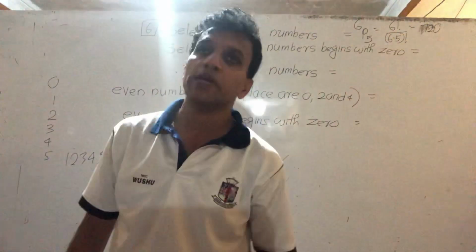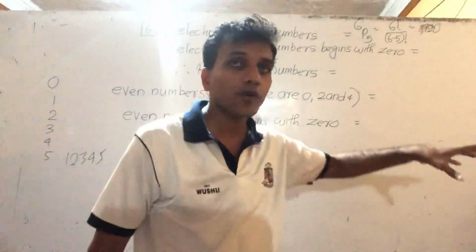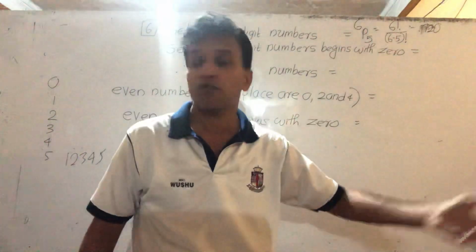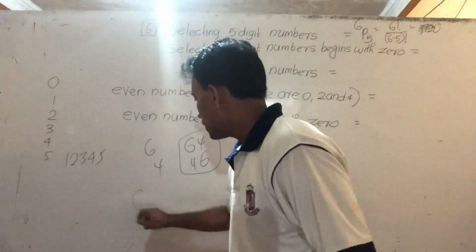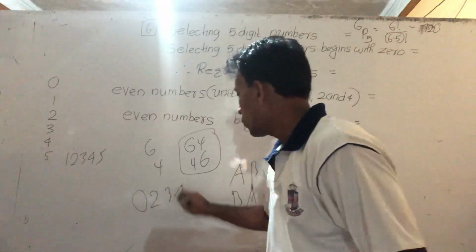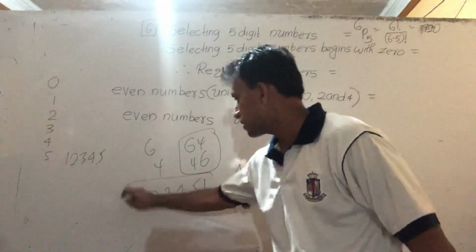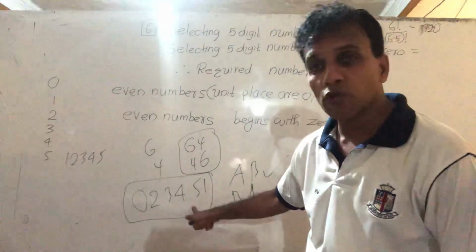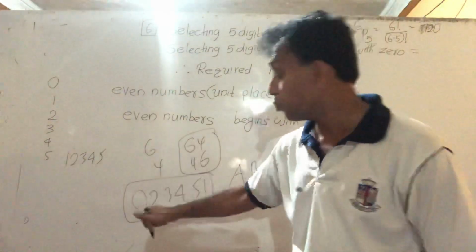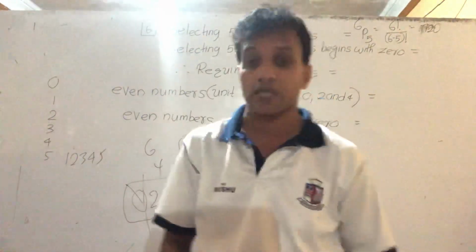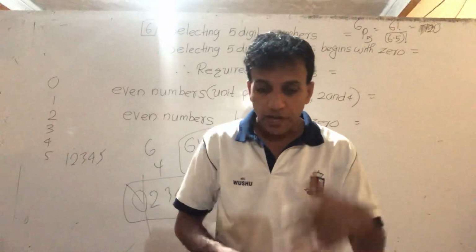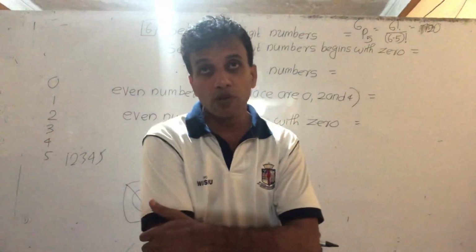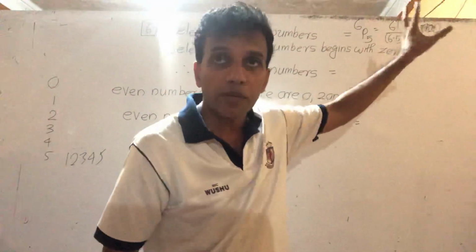But there's a problem here. Out of the 720 values, some have 0 in front. For example, maybe 0, 2, 3, 4, 5, 1 like this. What is the number? 23,451. Front is 0. You can't take 0 in front for a 5 digit counting number. That's what they say in the bracket also: a counting number beginning with 0 is not valid. No counting number starts from 0. Therefore this 720 is all the possibilities, right?